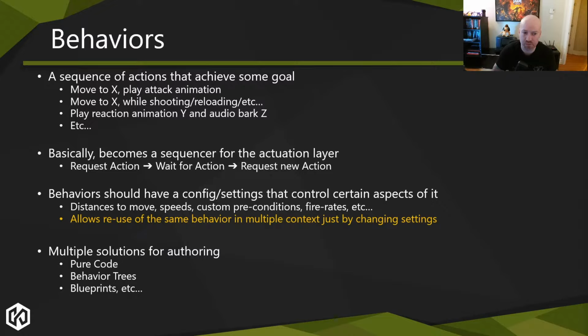So us trying to build data-driven authoring tools for that would have been a waste of time, and the designers really didn't care. They just said, I need to run to a point and punch the dude. And it's like, cool, we'll give you a thing. We'll give you some distances for when to trigger the attack animation. We'll give you a thing to specify what its attack animation is. We'll give you a thing to potentially control how fast they get there or whatever else. And that was all they needed.